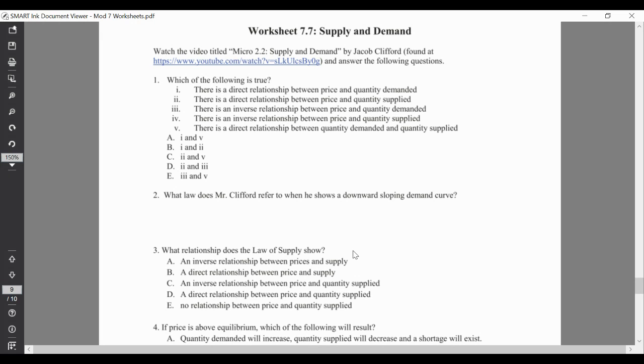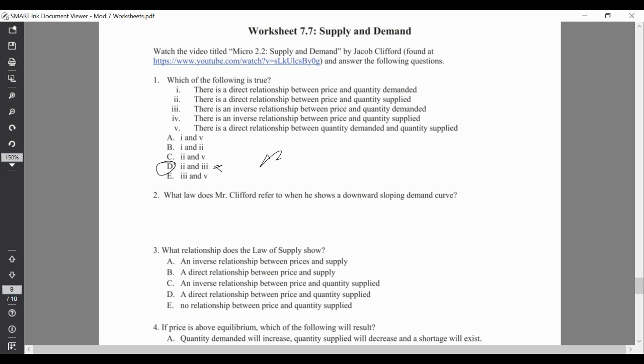So what is your answer for number 1? The answer should be D. There's a direct relationship between price and quantity supplied, and there's an inverse relationship between price and quantity